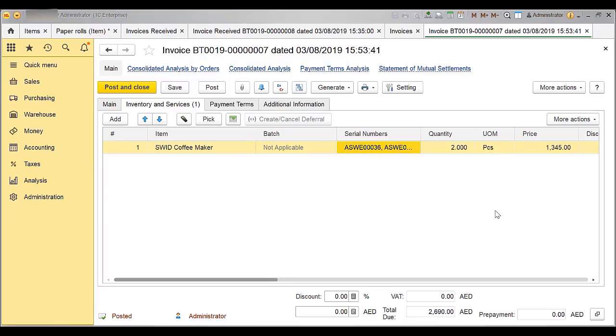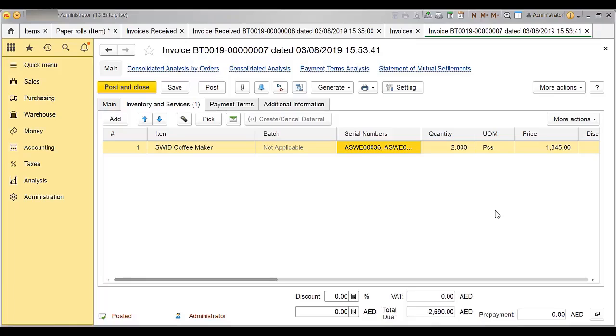Having this functionality not only lets you track the items but also helps in inventory control, like maintaining quality control by providing the means to assist in addressing warranty control, and in case of defects, items can be recalled at a fast pace. Let me show you some useful reports related to serial numbers.